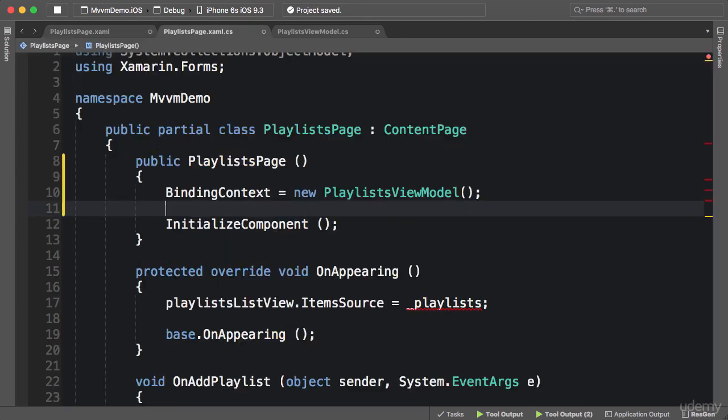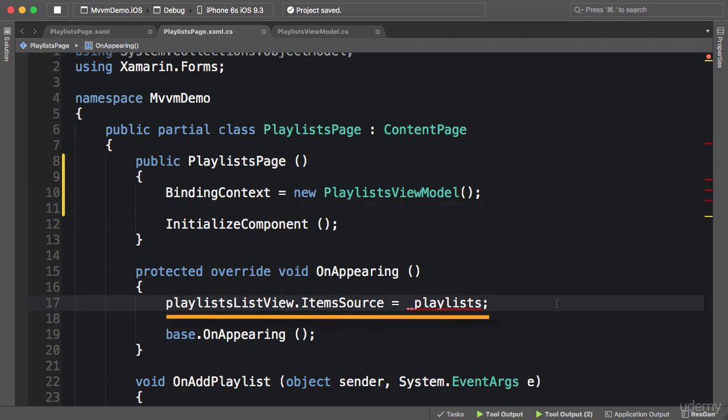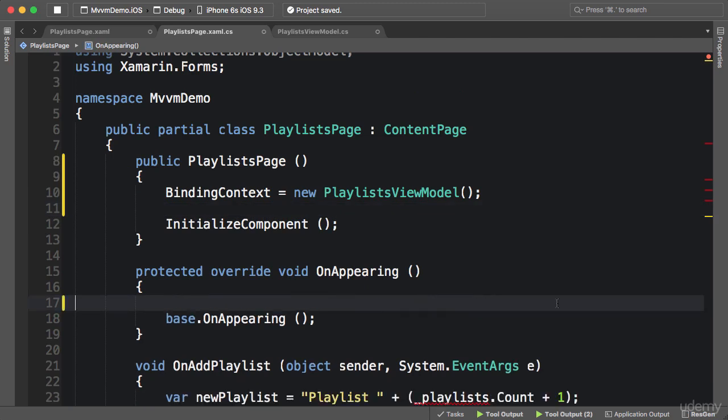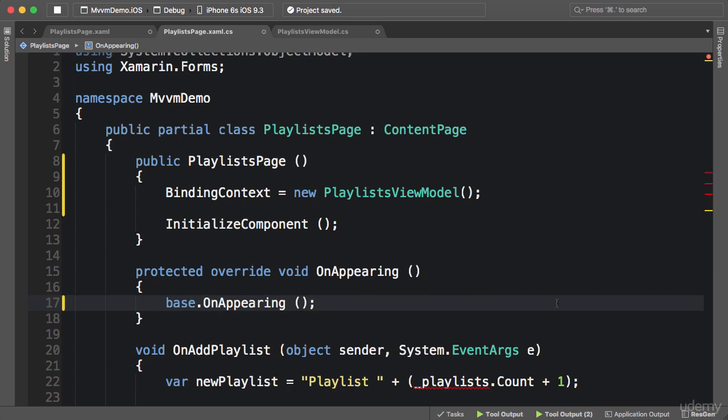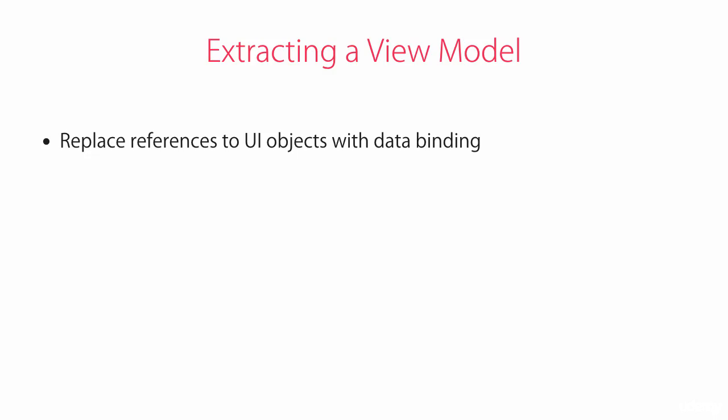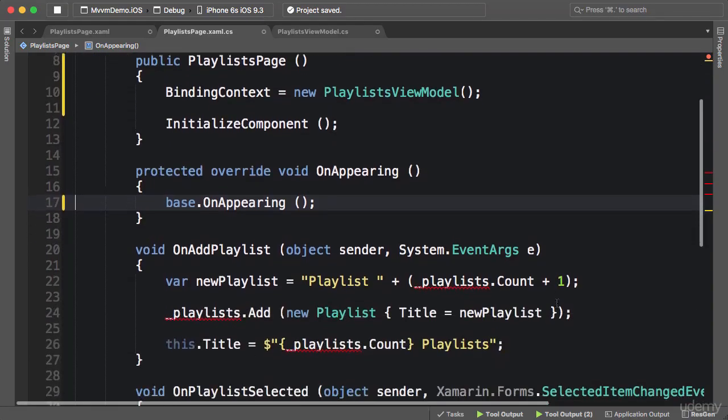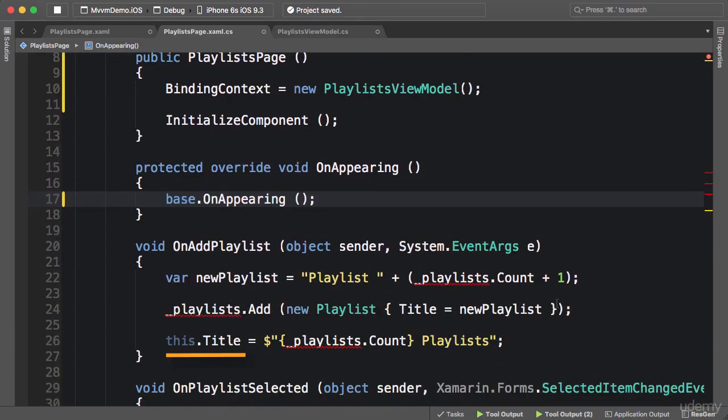Now back in the code behind again, we no longer need this line. Now I'm going to leave this OnAppearing method here. We're probably going to use it later on. So back to our recipe, whenever you see a reference to a page or a control, you need to replace that with data binding. Here we have another example. We're setting the title property. So I'm going to delete this line here